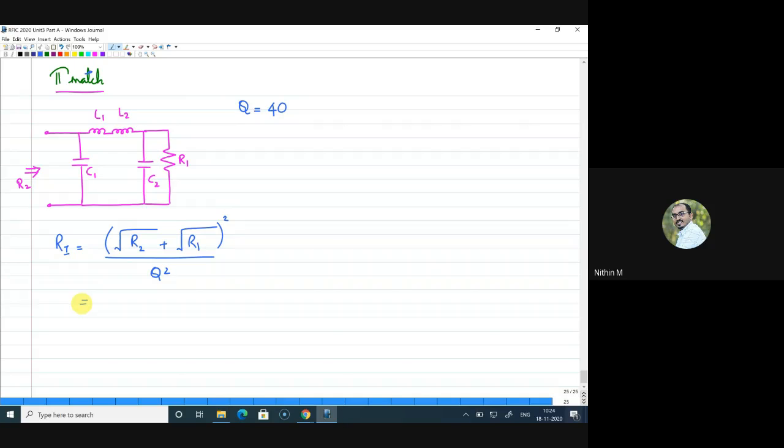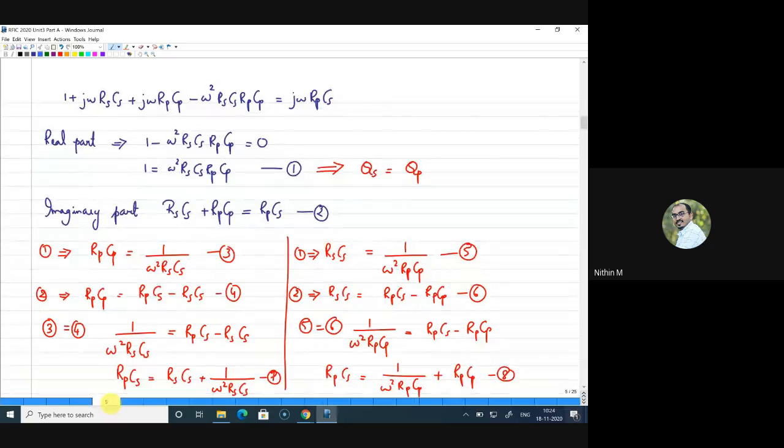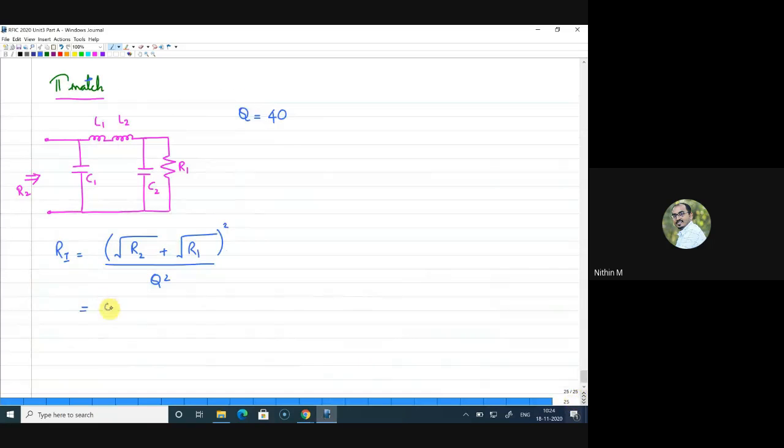Yes, that is a very low value. It is close to 0.05413, right? Yes, 0.05413. But no need to worry, this Ri is only an intermediate resistance. We are not going to realize a physical resistance over there. Yes, Rohit, Subramanya, all are getting the same answer, right? Okay, so this is Ri.